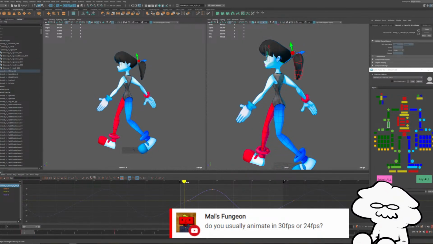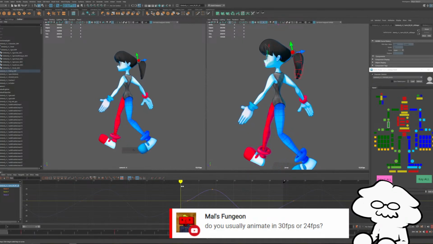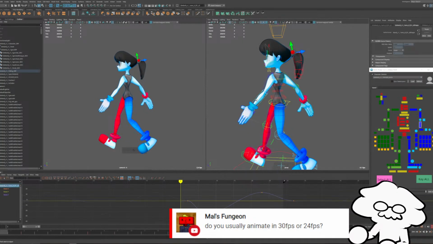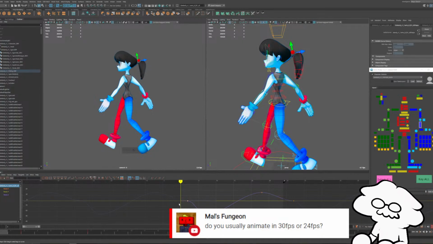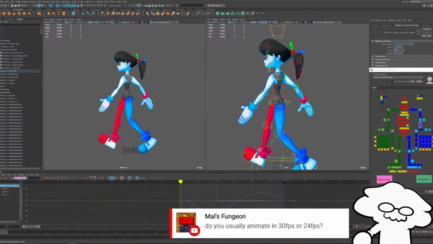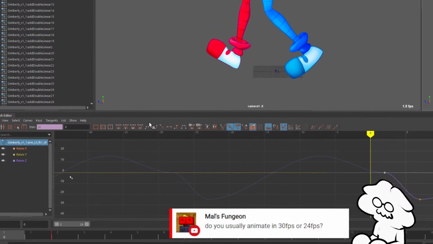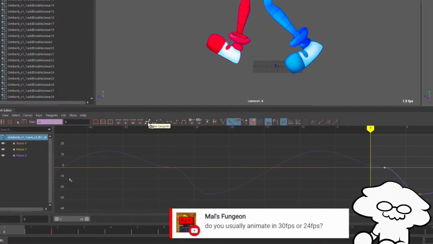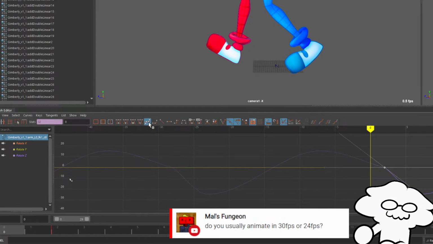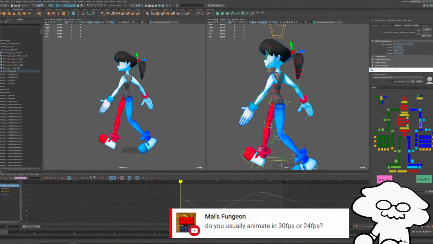So you don't have that hitch, or as obvious of a hitch, whenever the actual keys repeat. So we'll do the same for this. Select the first and last keys in our delayed arm keyframes, and then we'll spline it. Whenever we spline it, it'll be a much cleaner loop.